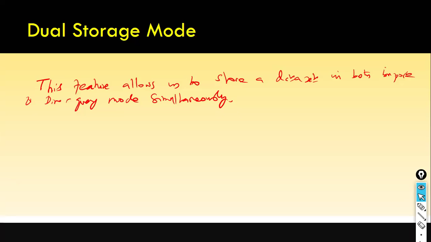So we know import mode, and we have direct query mode, and live connection mode. We have seen it with the Power BI data sets. And in dual storage mode, you can use a single table to play both import as well as direct query mode simultaneously. Okay. So now the question is, what are the scenarios that we can use dual storage mode? In the interview, they will ask you this: what scenarios you can use, or what scenarios did you use this one? Okay, in scenario 1,